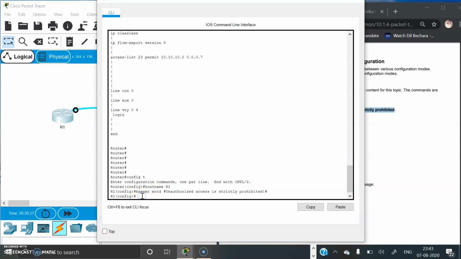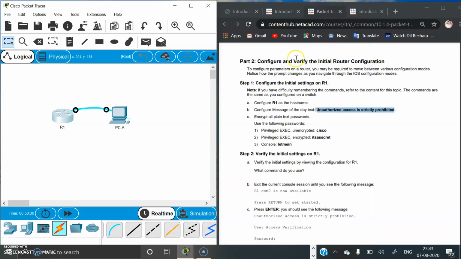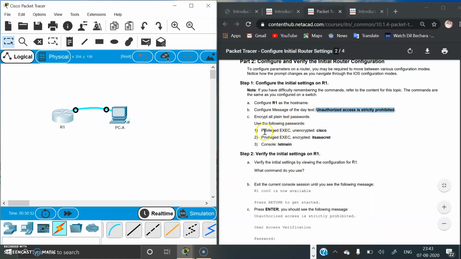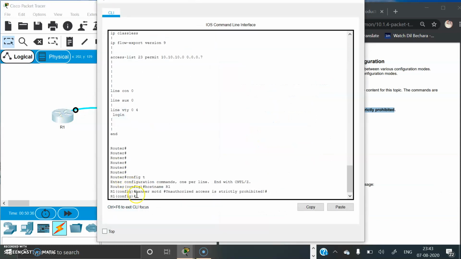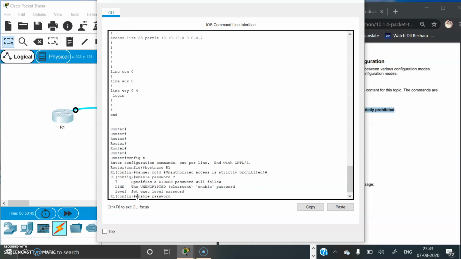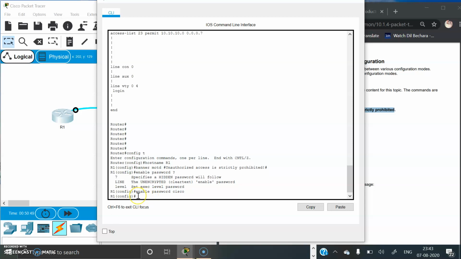For that, firstly I am configuring the unencrypted password for privileged EXEC. Open R1 and now enter the command enable password cisco. Okay, we have assigned the unencrypted privileged EXEC password.